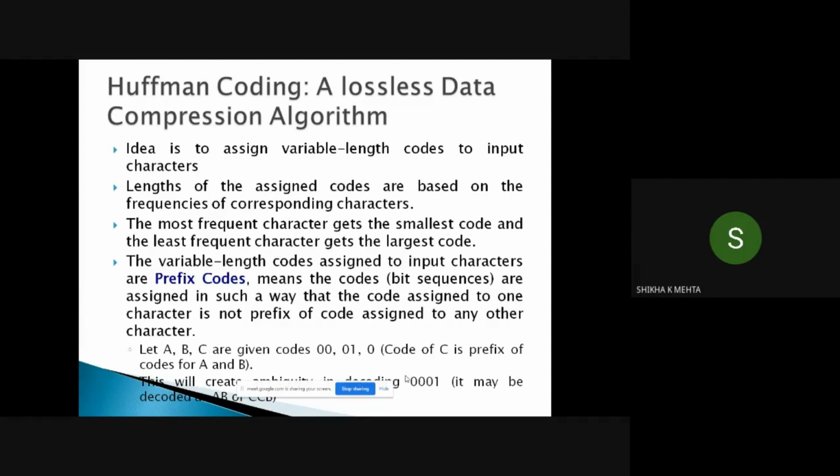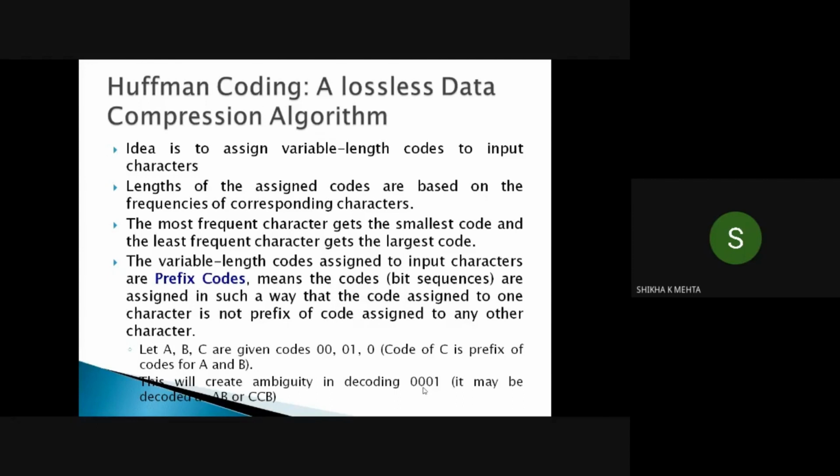So let A, B, C be given codes 0, 01 and 0. In this case, all these codes have the prefix 0. Let us say C has 0. If you are given a code like this, there is an ambiguity whether the person receiving this code should interpret CAB or CC and then B. Either it is CCB or it is CAB.